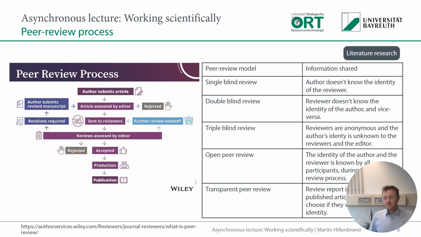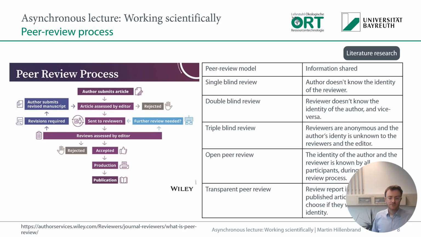The double-blind review means that the reviewer doesn't know the identity of the author, and the author not the identity of the reviewer. Because if the reviewer knows who is the author, then it could also mean, okay, I know him or I know her, and that could also fire up some resentments, and someone could say, okay, I don't want this paper because this is my enemy, or they could say, yeah, okay, just go through with the paper and everything's fine because it's a friend of mine. And so you don't want that. You don't want personal relationships to